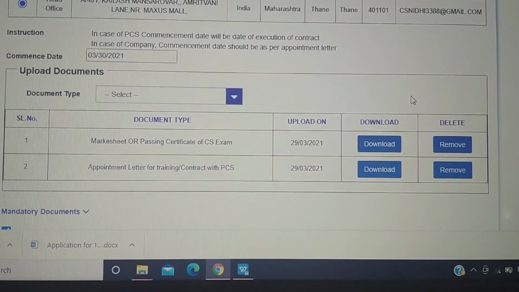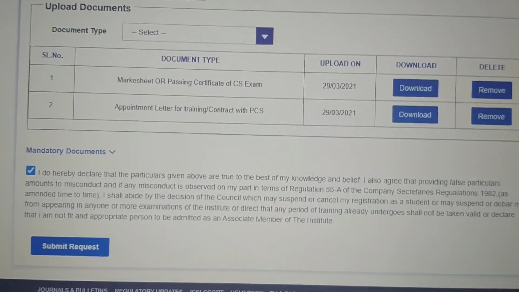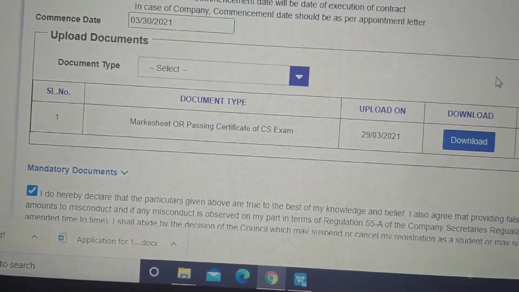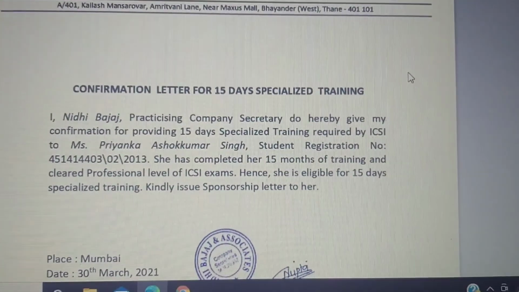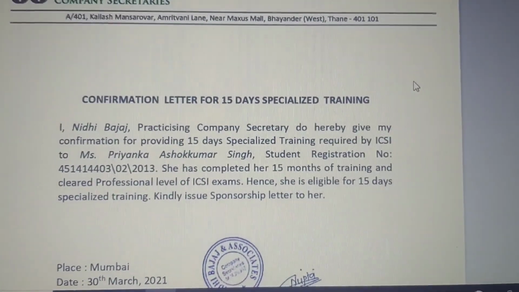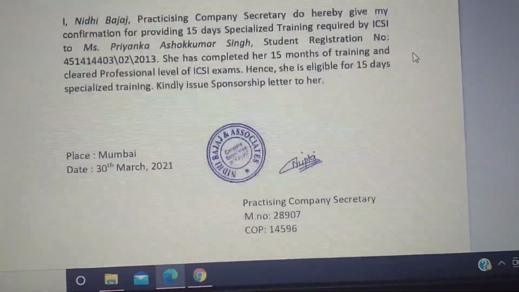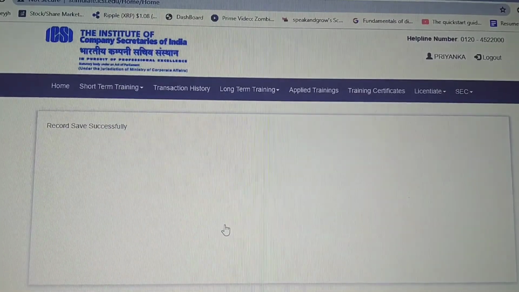These two documents are mandatory, especially the appointment letter or contract with PCS, basically the contract agreement. You have to upload both documents, and in the drop down you can see there's a declaration. I have to click on the declaration checkbox. This is a confirmation letter for 15 days specialized training, in a format with the letterhead, sign and stamp. Then you have to upload it, and this will show a record successfully on the portal.